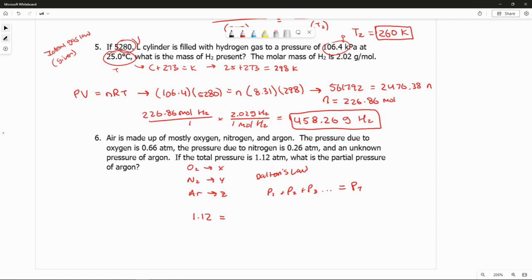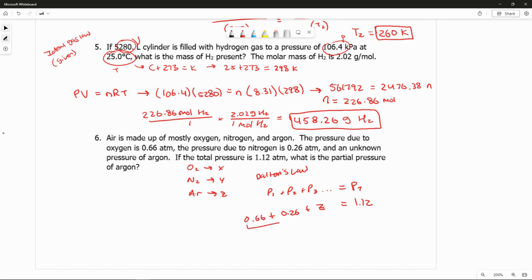So we know the total pressure is 1.12, and we know that we're looking for the argon, which we're going to set to Z, and the next one we know is nitrogen, which is 0.26, and the first one we found was oxygen,